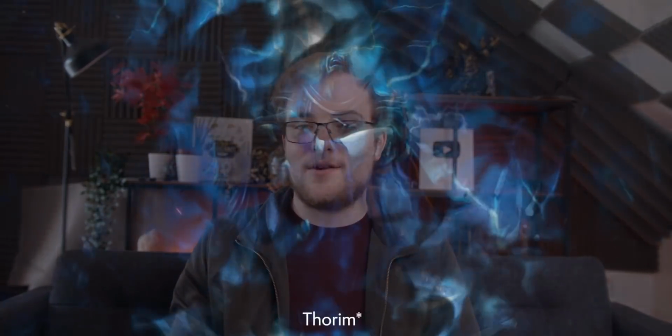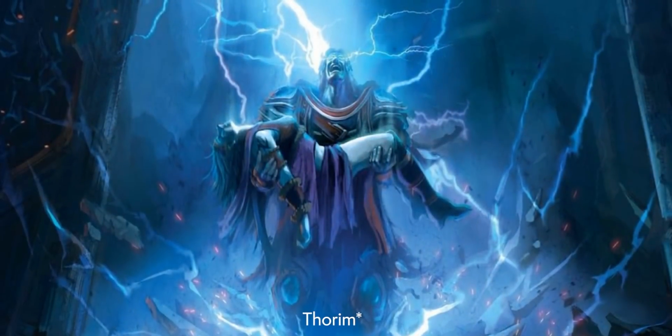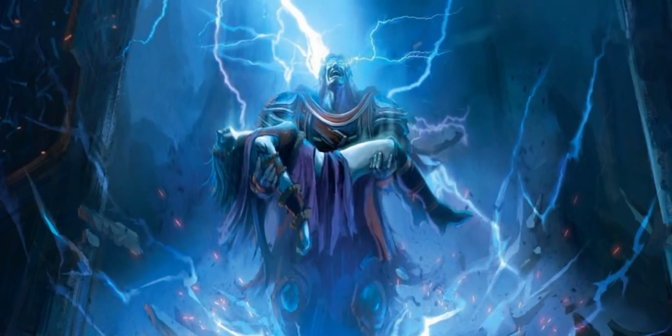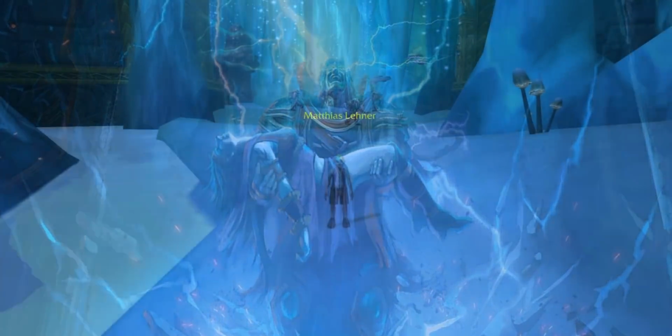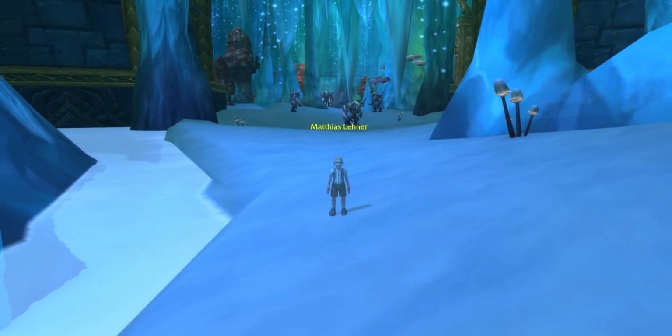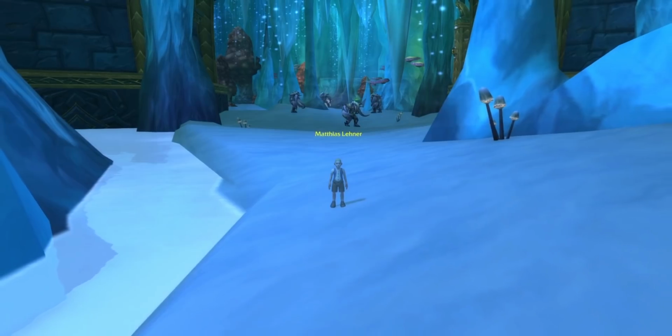Who, near Icecrown, could play such convincing tricks on us? And indeed, who is known for playing tricks like that in the past? Well, it's Yogg-Saron. Remember, he appeared to Loken as his dead wife in order to manipulate him. So obviously something, like what's done here with Matthias Lenner, is within Yogg-Saron's remit. Meaning that there's a very high chance that that questing in Icecrown was us doing Yogg-Saron's bidding.